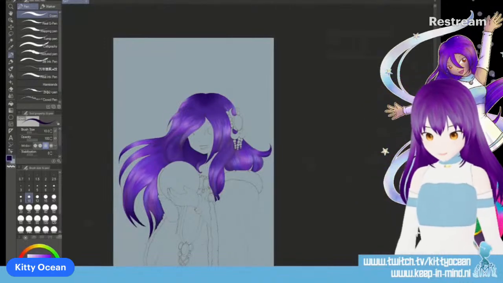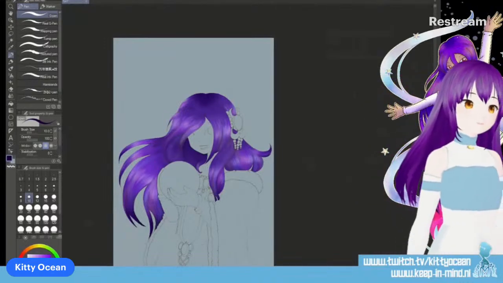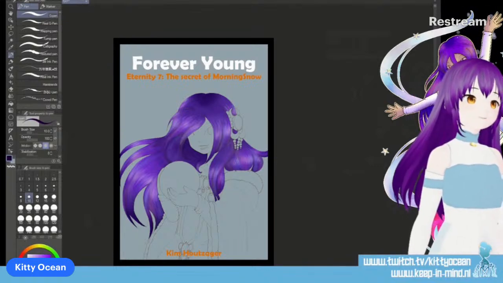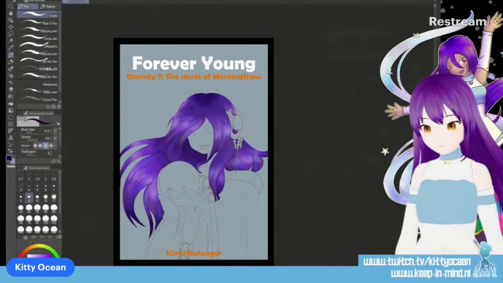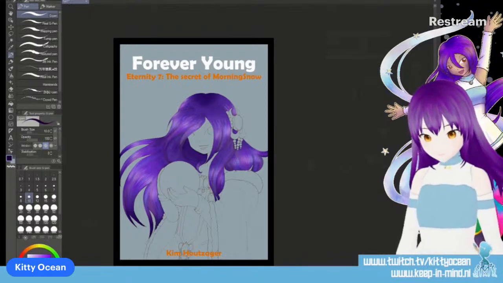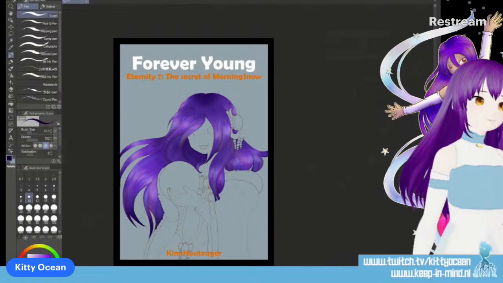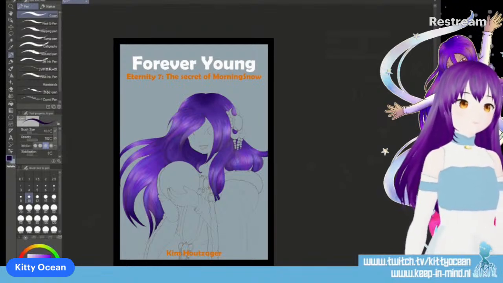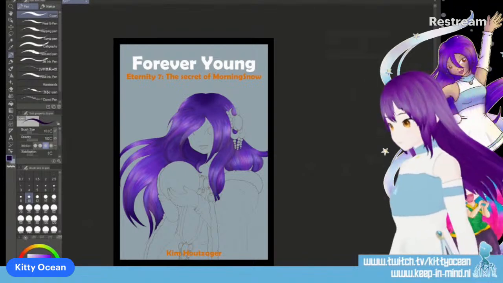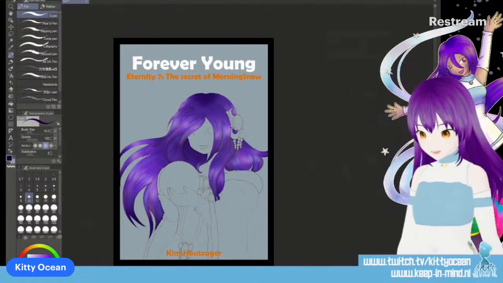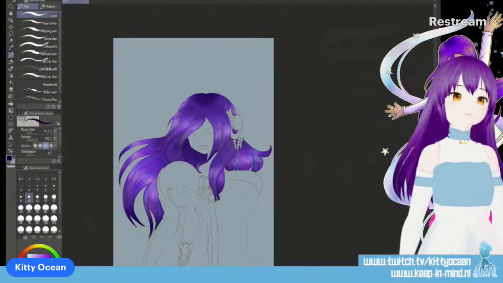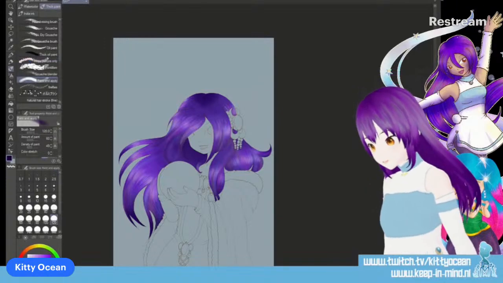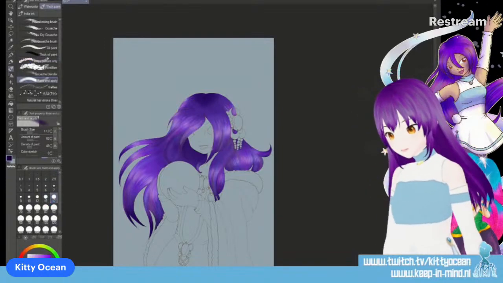Because you need to see it cover-wise, because this is going to be the cover. And then you know it's too much. Okay, and now I need to do it again. First, we're going to save, of course, because saving is important. And now I'm going to use the soft brush, but not that big.